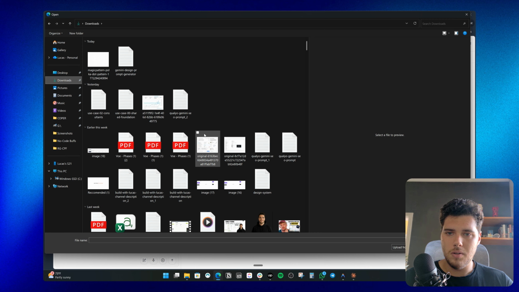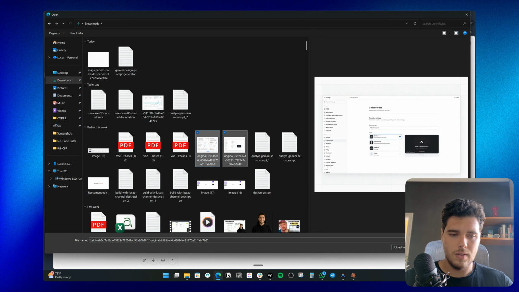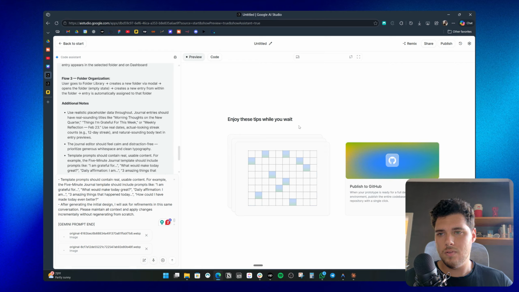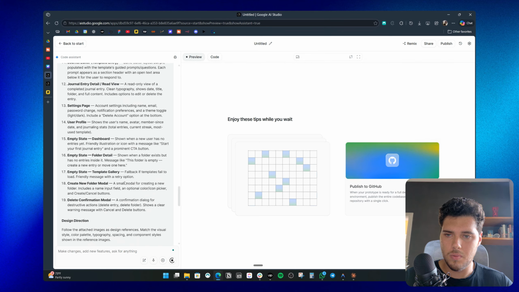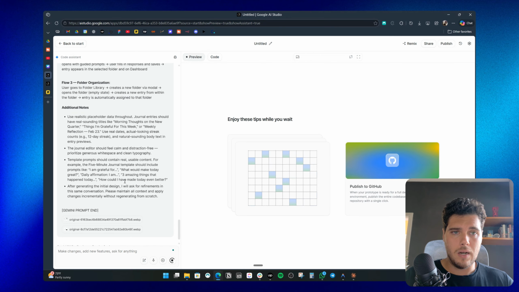Let me go to download, and I've selected these two. So these are from Attio. So if you go to Dribbble and just type Attio, you will see a bunch of references there. So let me send this prompt over, and while it works on the design, I'll go ahead and show you